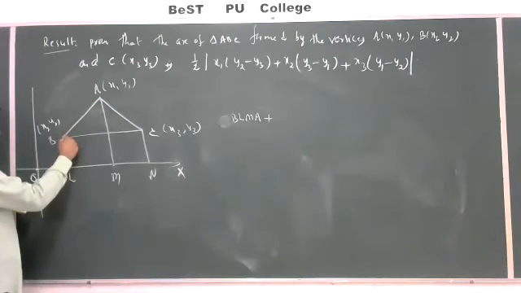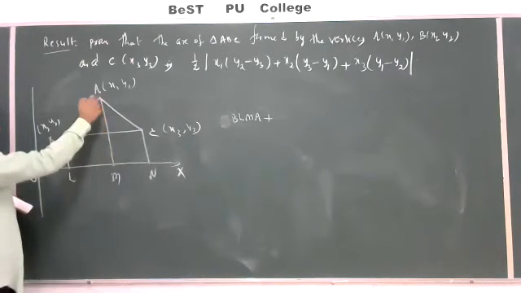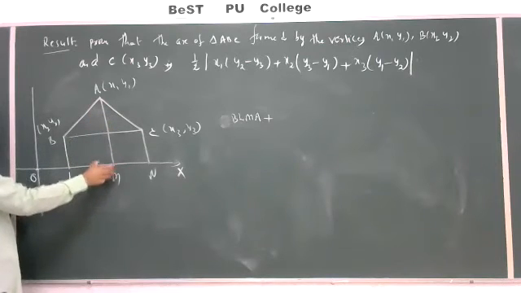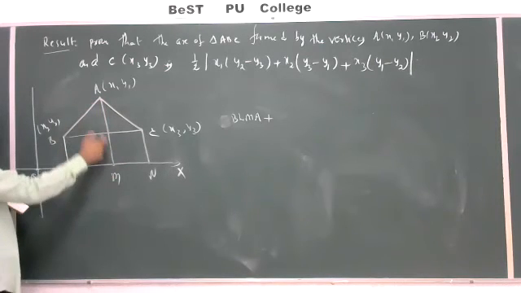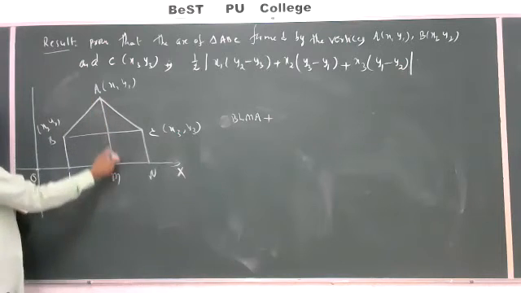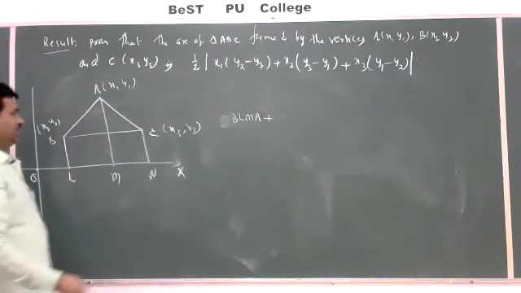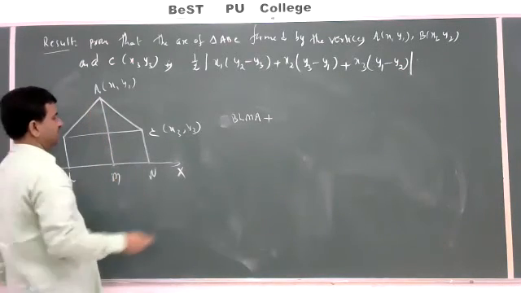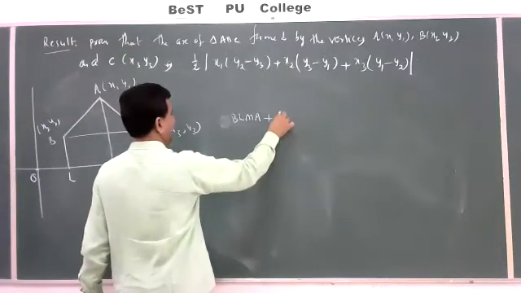First, I am finding the BLMA area. Is it clear? Total it is BLMA area. Next, plus the trapezium AMNC,